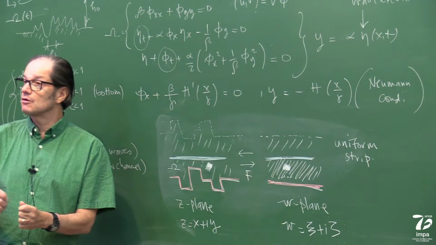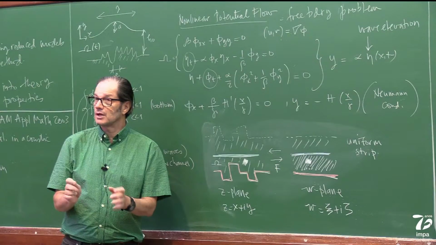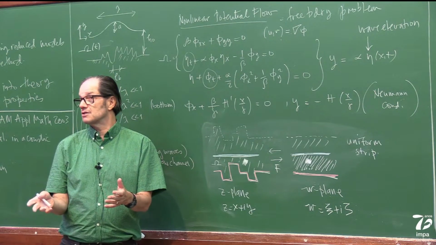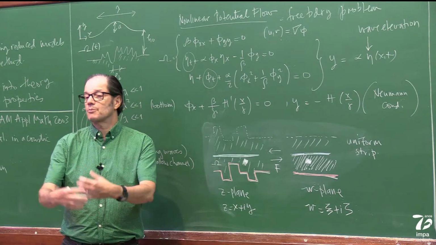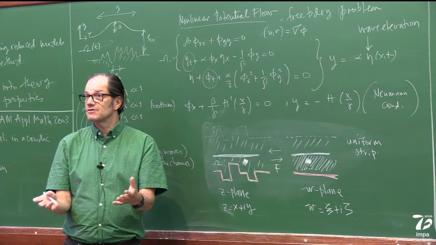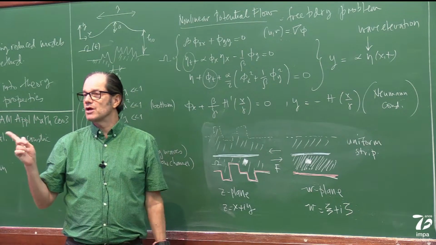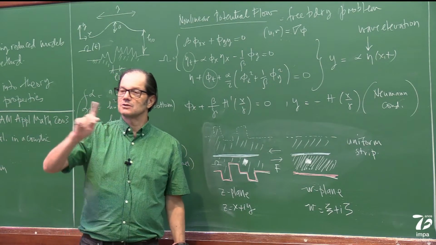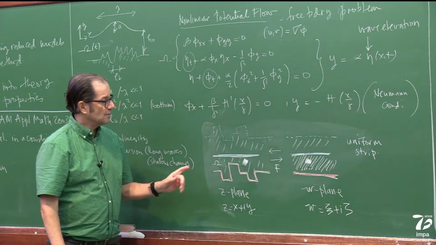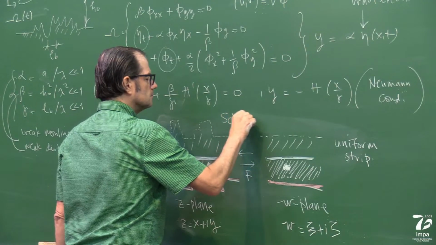And the fact that I'm doing the conformal mapping, which is sort of an analytic function, I don't change the analyticity of the function. So when I do the composition, it's still an analytic function. Therefore, it still satisfies Laplace's equation. In other words, Laplace's equation is invariant under conformal mapping. Okay? The only thing is that the Schwarz-Christoffel mapping, here's the name,